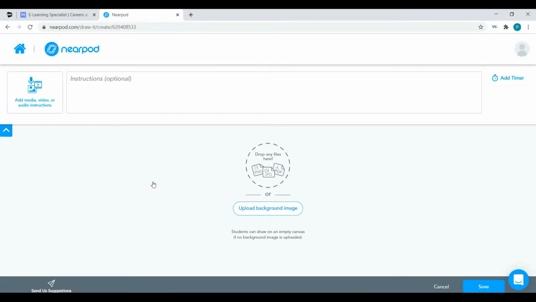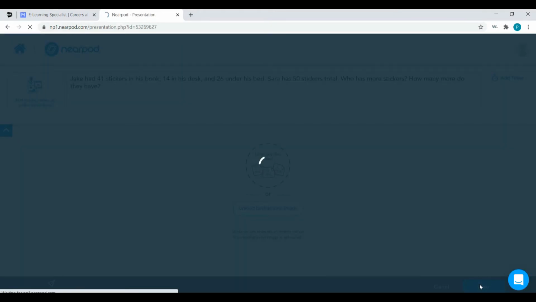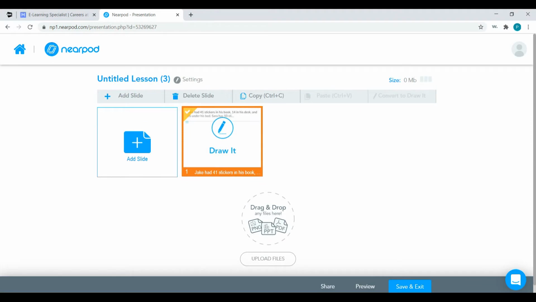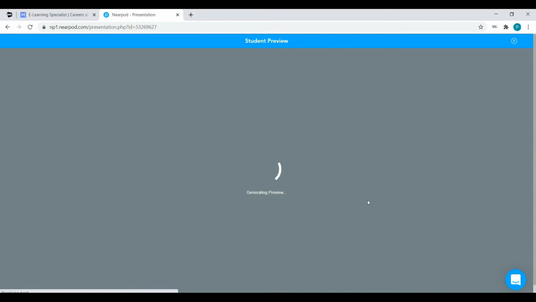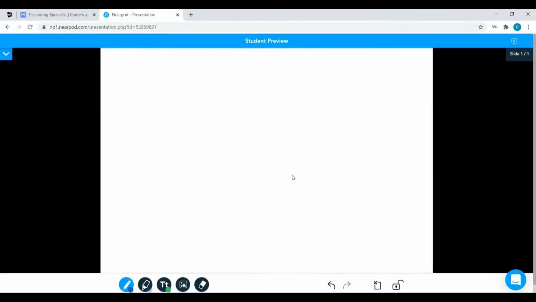In order to use the Draw It feature, you have a few options. And so here generally is where you would put your question. And so this is the math question that I would like to use for the Draw It feature. And so let's see how it looks. To preview, you have the option here down at the bottom to preview that item. And so you see here the question that we've put is at the top, and the students are able to